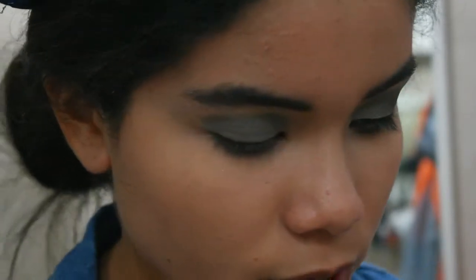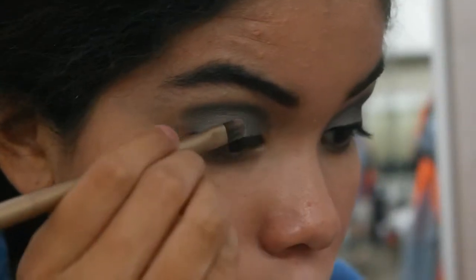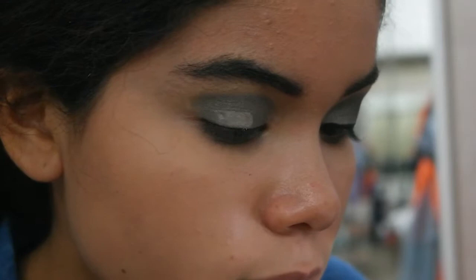And once you've done that, you want to get a flat shader brush, and you're just gonna spray it with some MAC Fix Plus, or you can also use water or teardrops. And I will pick a light platinum shadow, I'm going to show it to you, that is kind of silvery. This is Pistol from the same palette. I'm just going to pick it up, and dang it, I have too much. You're just going to pick it up and start kind of pressing it in